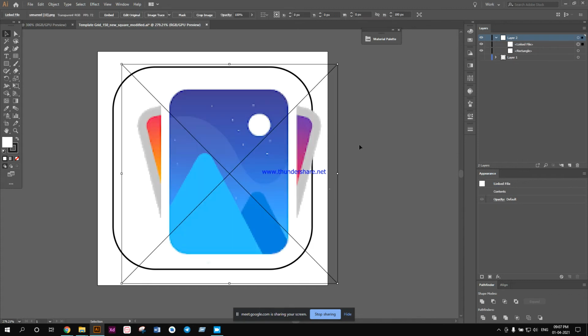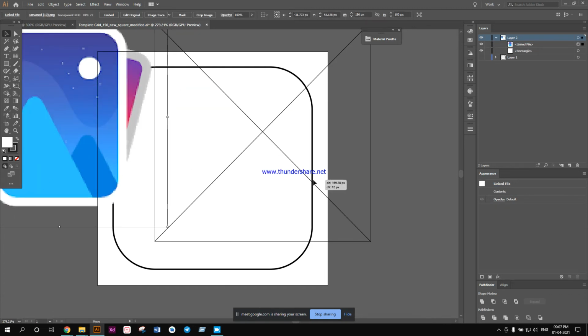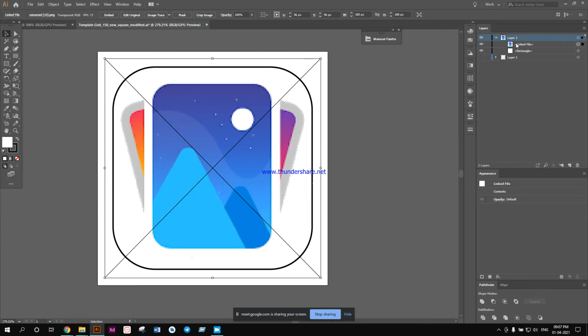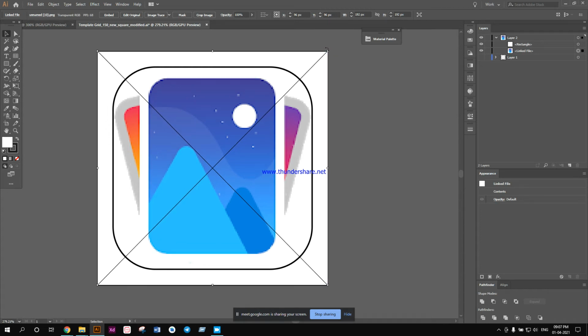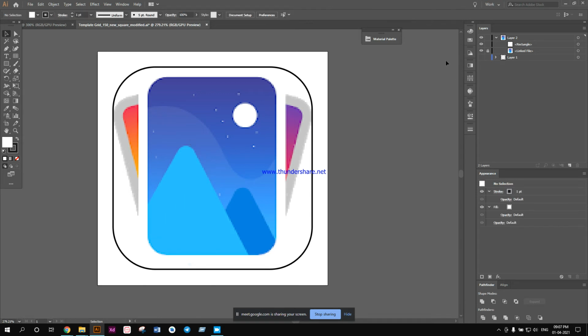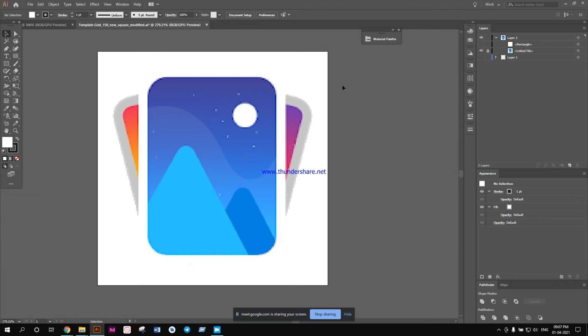Okay, I will place the icon over here. I will center it and place it at the bottom. Then I will try to expand it so that all the boundaries are touching my actual rounded rectangle. This one. So this is good as of now, because I can manually resize the icon later. So what I need over here, I am disabling the rounded rectangle for now. So I want a rectangle.